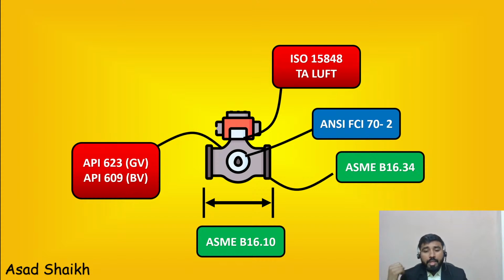The point here which I would want to make is, when you specify ISO 15848, this standard itself is further divided. If you read the standard, it has three classes: A, B, C. A lot of the times engineers just mention the standard, and you should check in your specs, do they want a specific testing? Do you want it to be AH class or AB or BH class or C class? So H stands for the test gas, if you're using helium, for example, whatever test gas you use. So basically you have A, B, C.